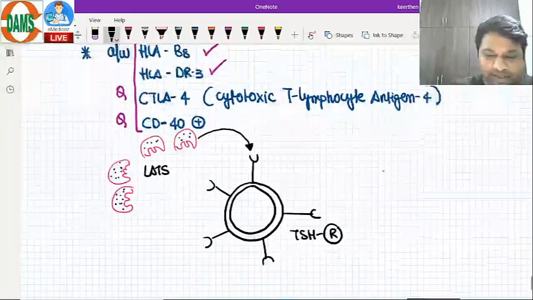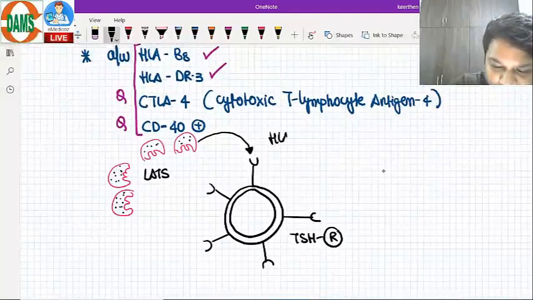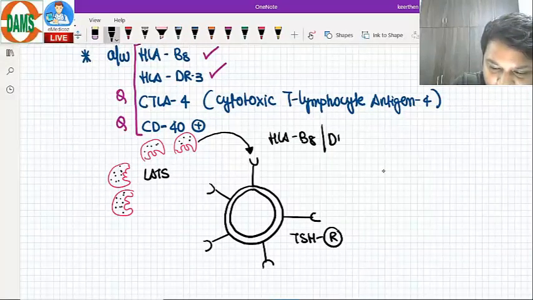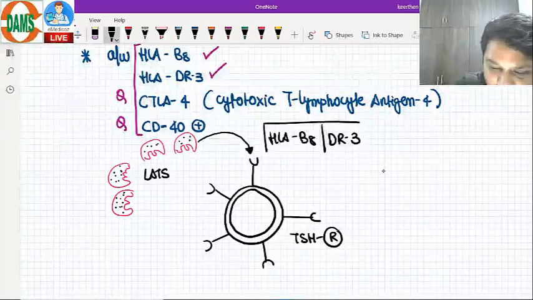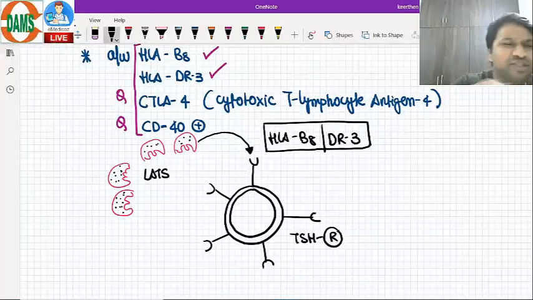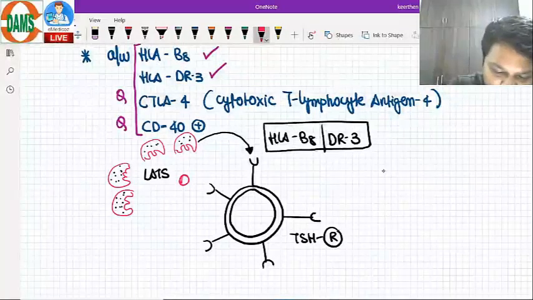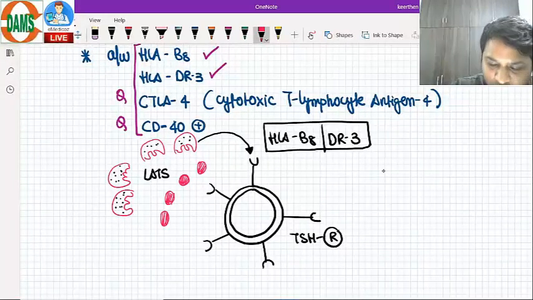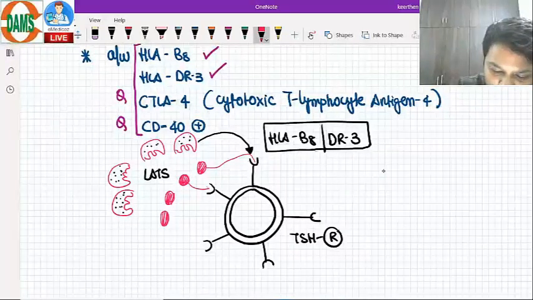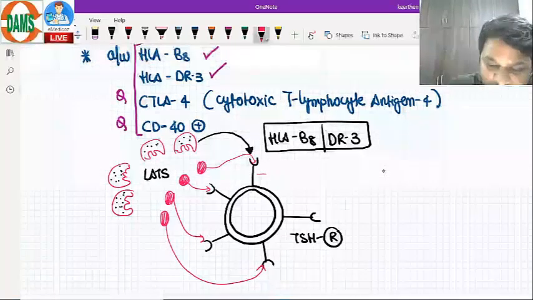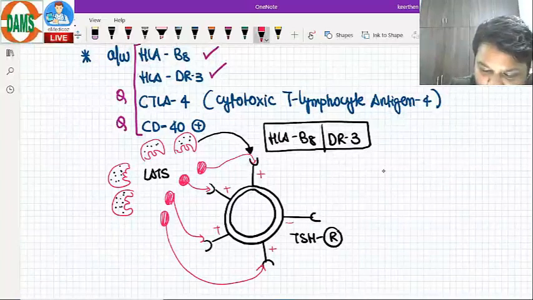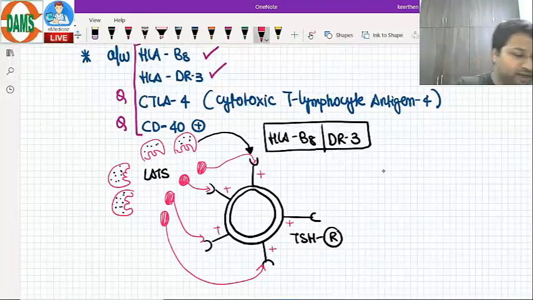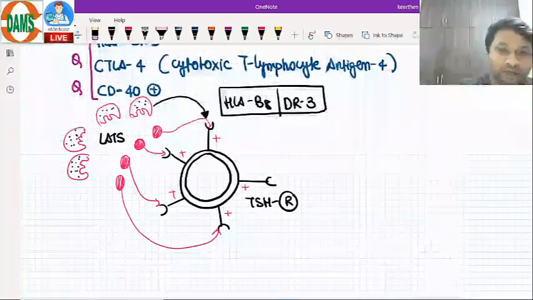So once they are rejected, here comes your HLA, that is usually your HLA-B8 and your DR3. They are going to help cause a molecular mimicry. That means they change the configuration. Now, once the configuration of these antibodies is changed, they will start to configure themselves like the TSH hormone. Once they configure themselves, they will easily go and bind to the TSH receptor. As they bind to the TSH receptor, they stimulate the follicles. Now, very important thing that you need to understand, that LATs, when they form,